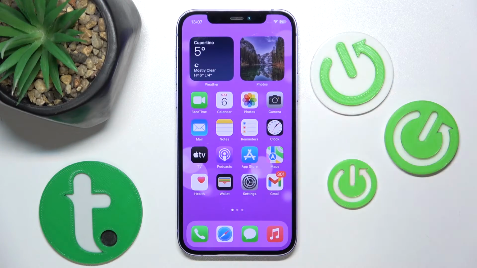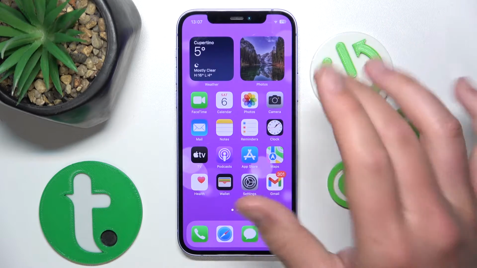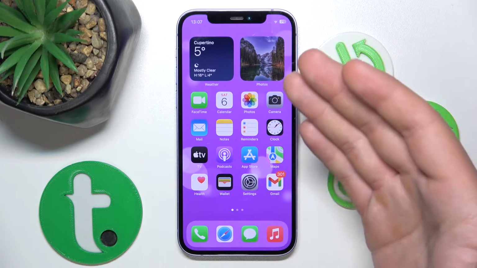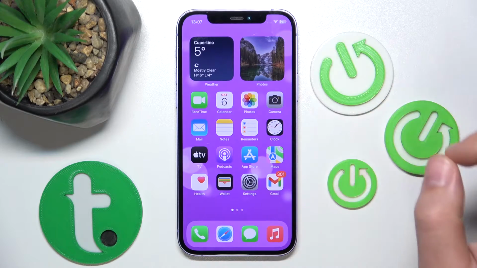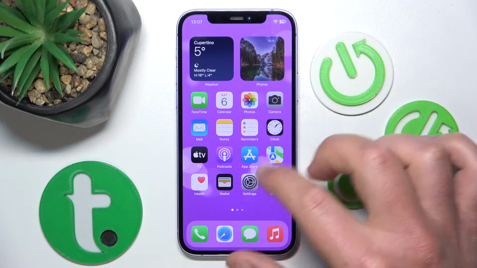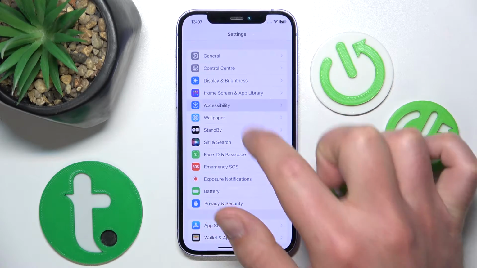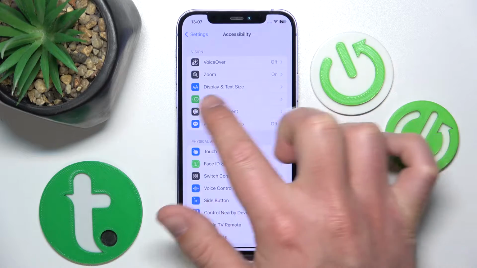So, today in front of me is the iPhone 12 with iOS 17.4, but it really doesn't matter which iPhone you have or which version of iOS you have, it is all going to work the same. To turn on this feature, to increase the contrast, to make everything more legible, you want to go to the settings. Then you want to go to accessibility, then you want to go to display and text